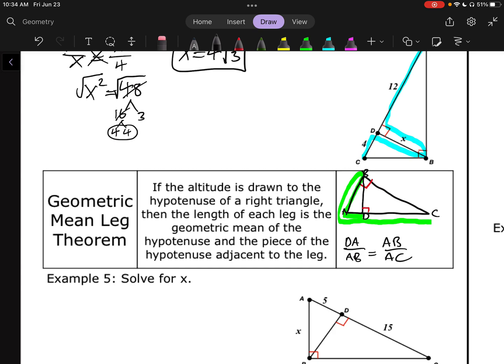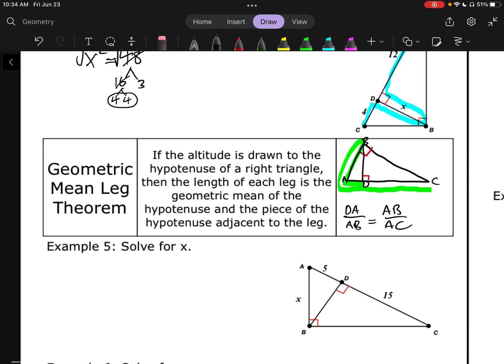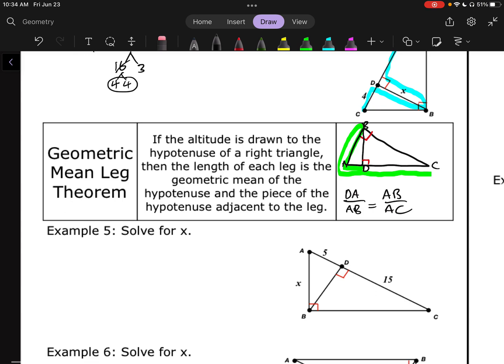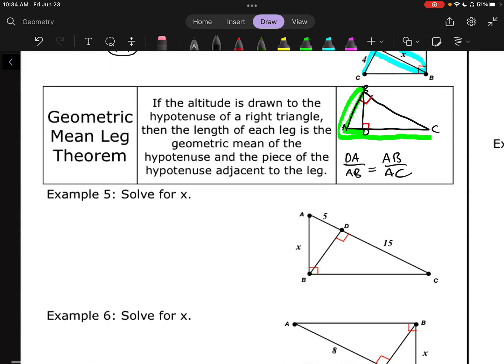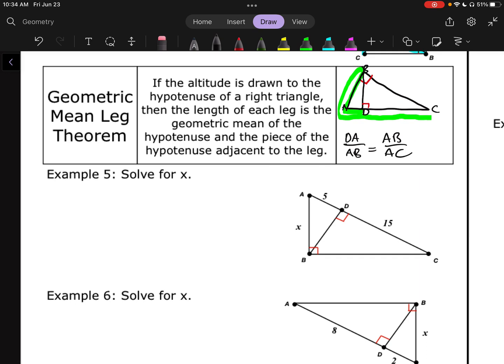Okay, you start with the piece of the hypotenuse, then go down the leg, wrap back around the leg, and then down the whole hypotenuse. That's how you're going to set up that proportion. And see how these problems, like if I look at example 5 here, notice there's nothing written on the altitude,